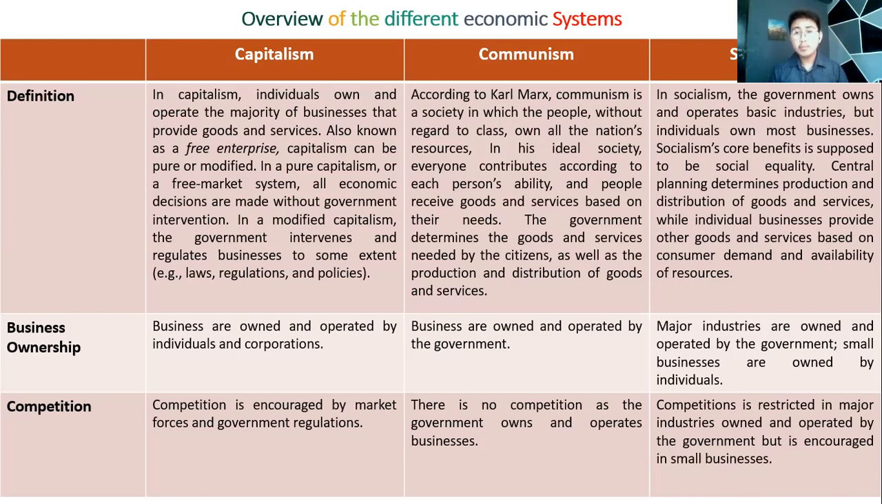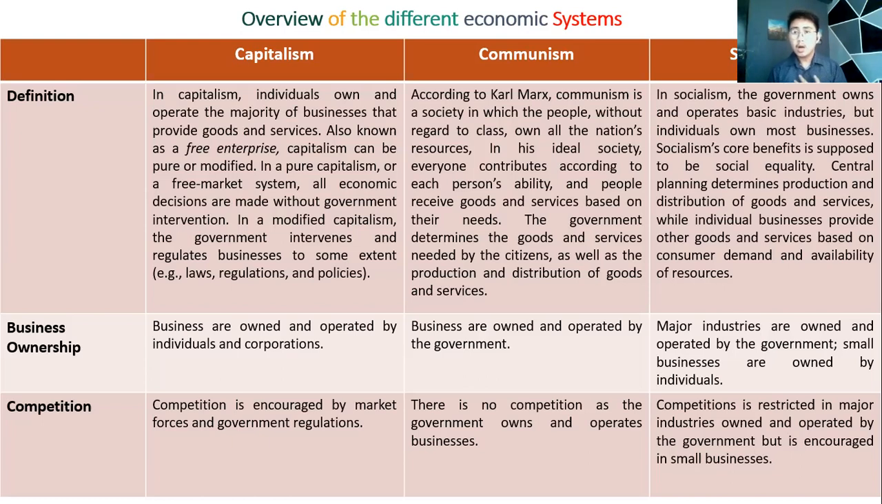So when we say communism, according to Karl Marx, communism is a society in which people, regardless of class, own all the nation's resources. So dito sa communism, lahat po ng resources from that place or from that market is owned by the people. Okay? So in his ideal society, everyone contributes according to each person's ability and people receive goods and services based